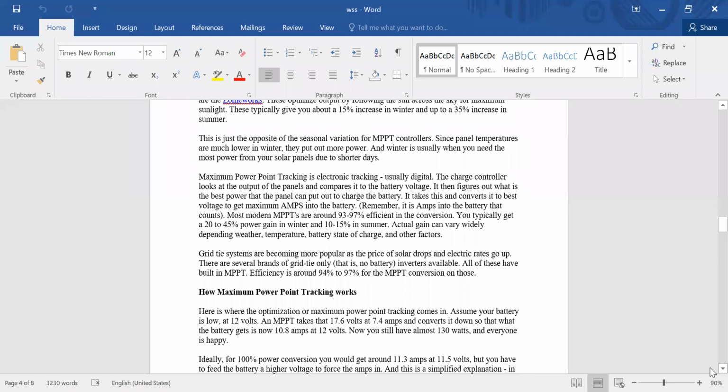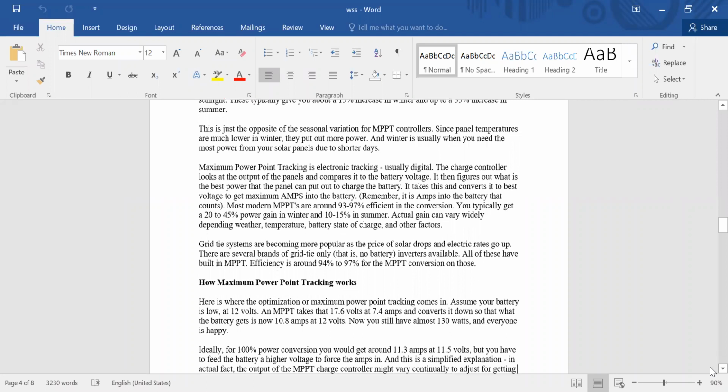It takes this and converts it to the best voltage for the maximum amperes into the battery. Remember, the amperes into the battery are what count. More modern MPPTs have a conversion efficiency of about 93 to 97%. So, how does maximum power point tracking work?